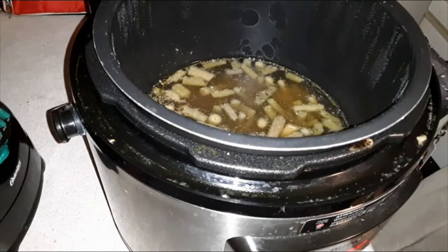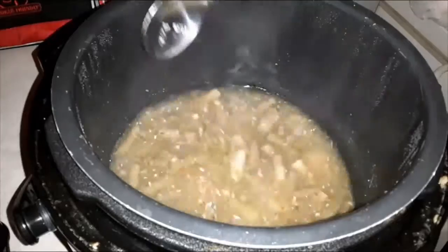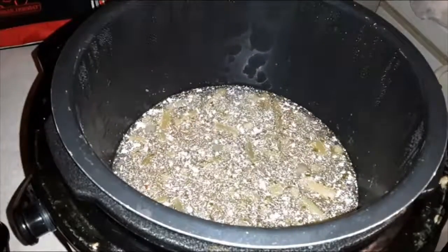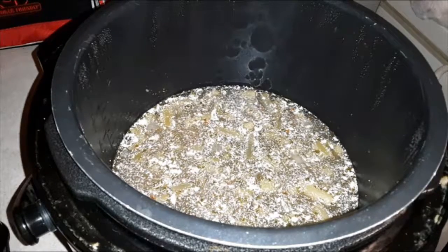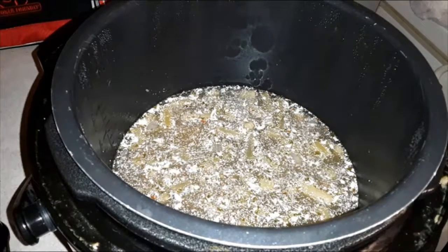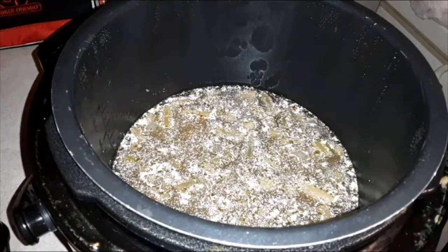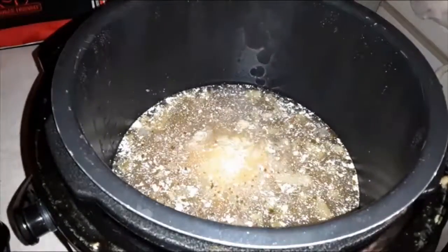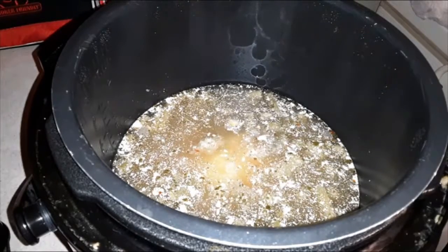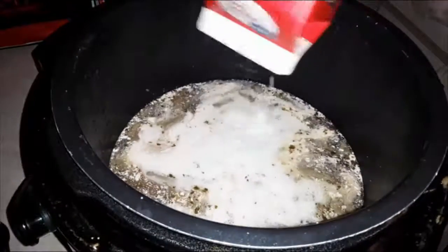Alright, and here it is after it's cooked. Now this is where I'm going to start adding all of the good stuff to it. I'm going to add about 3 ounces of cream cheese. Then I'm going to come in with some Colby Jack blend, I believe, not a whole lot, maybe half a cup. Not a whole lot of cheese in there. I do plan on garnishing it with cheese when I eat it, so I didn't add a whole bunch in here right now. And then I'm going to come in with the heavy cream